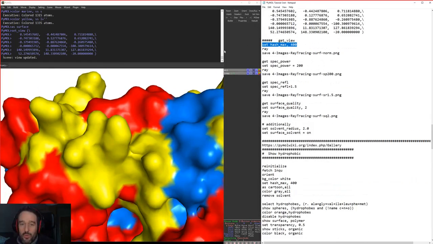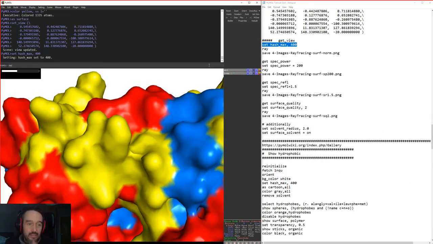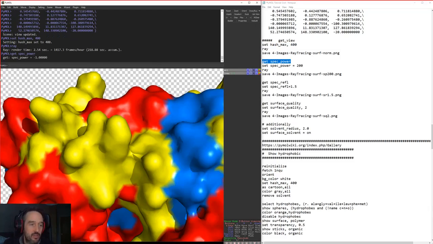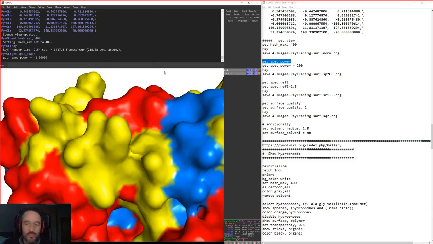So we can set our hash max here, and then we can ray. It will take a bit of time, and you can see that it looks a bit chunky and doesn't particularly look nice. But there's a few things that we can do here. For example, an option called spec power, and we can see where that is at the moment, and that is at -1.